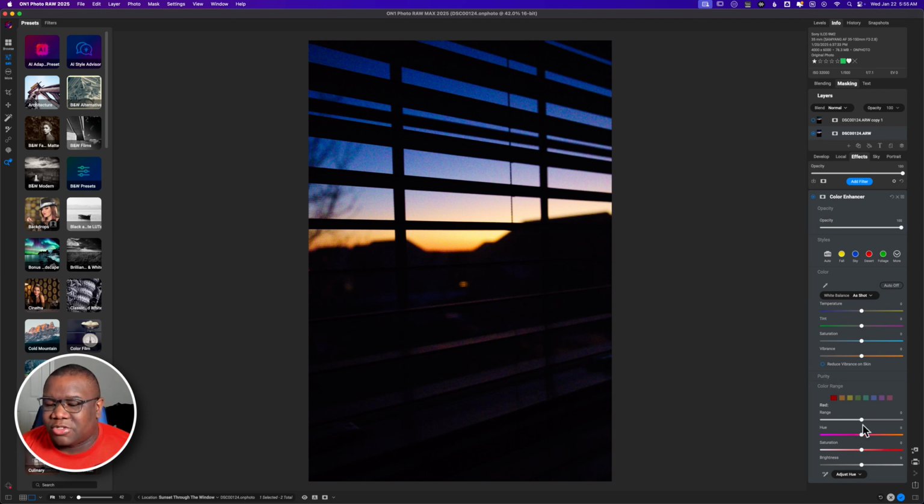All right. So the first thing that I want to do, and one of the fun ways of working with the color enhancer, is if you come down to this little eyedropper, first I'm going to select saturation, and then I'm going to click the eyedropper. I can come over to the color that I want to work in. It's going to select the channel that's appropriate, and then all I have to do is drag over to the right or over to the left. Now in this case, I'm going to drag it to the right,